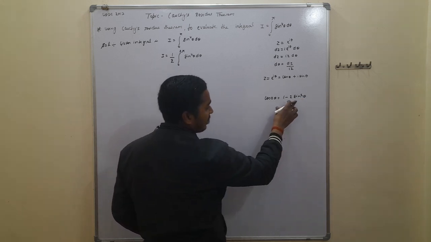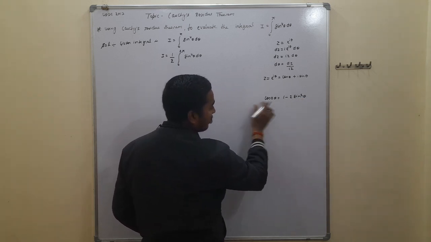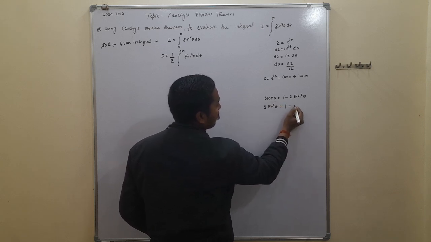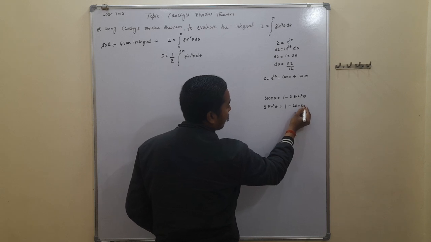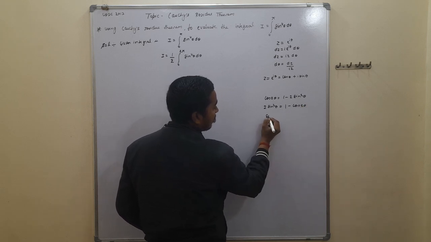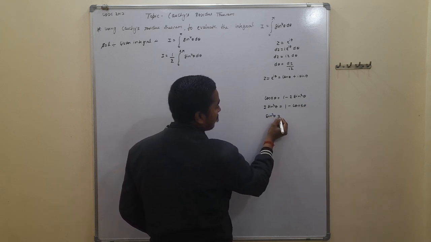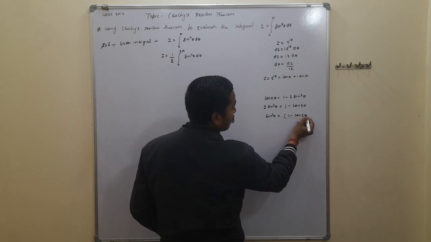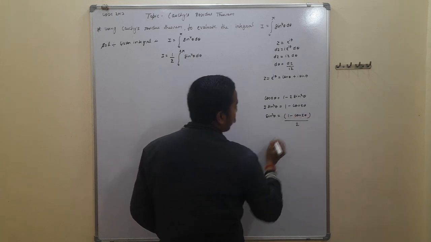Taking minus 2 sin square theta to the left hand side, this gives 2 sin square theta is equal to 1 minus cos 2 theta,